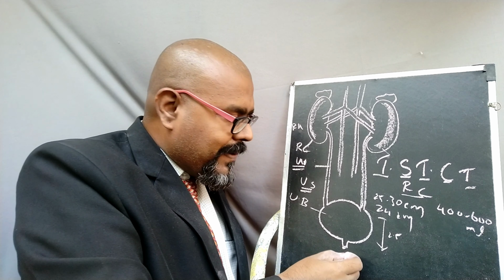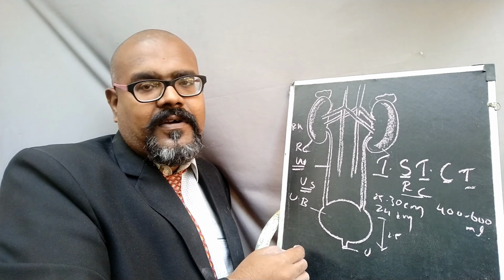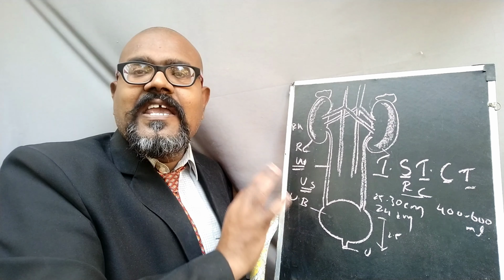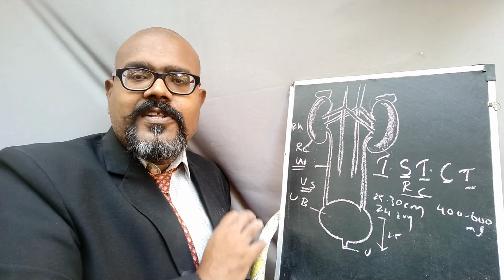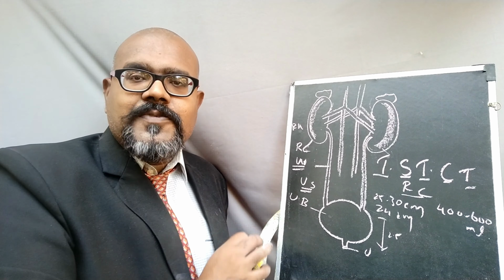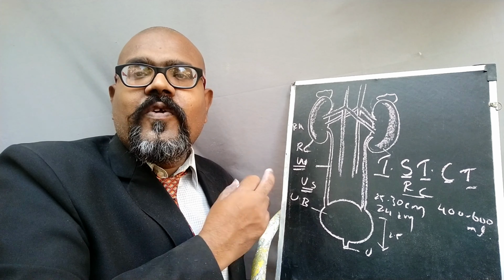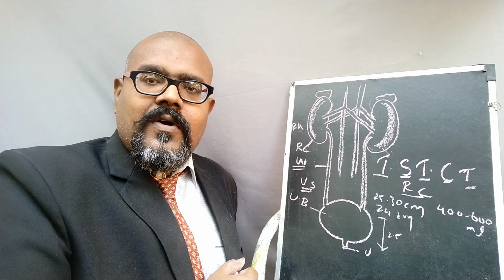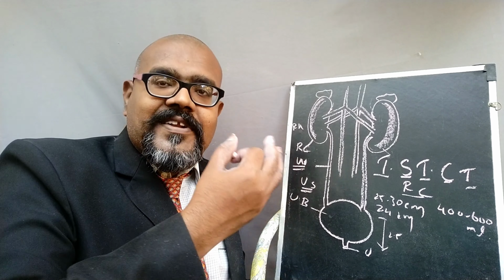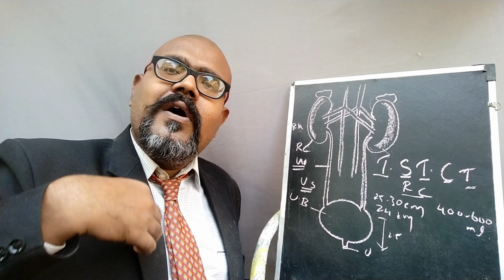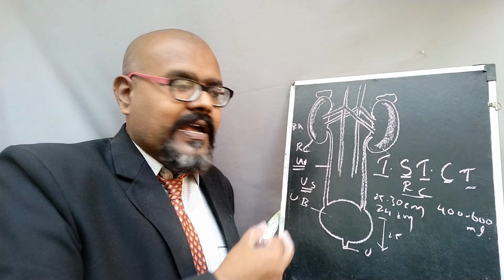In the lower part of the urinary bladder there is a sphincter muscle called the urethra. All these parts are considered as the urinary system. This urinary system is especially used for excreting the liquid waste of the human body. It is not the only excretory part that excretes liquid; our sweat glands also release some liquid waste. But this is the most important part of our body for excreting liquid waste. This is the thing you need to remember.